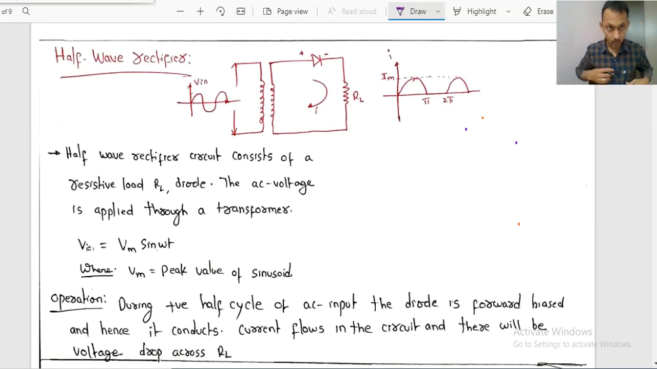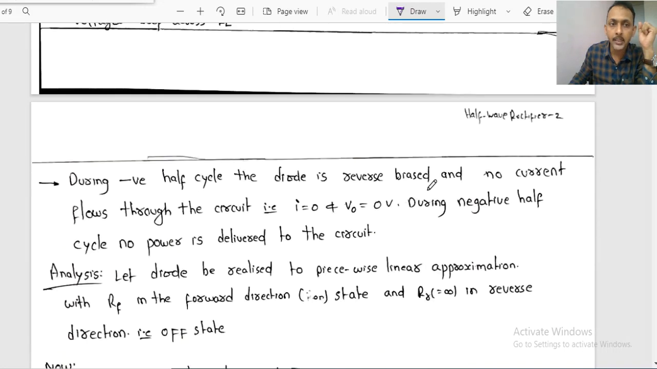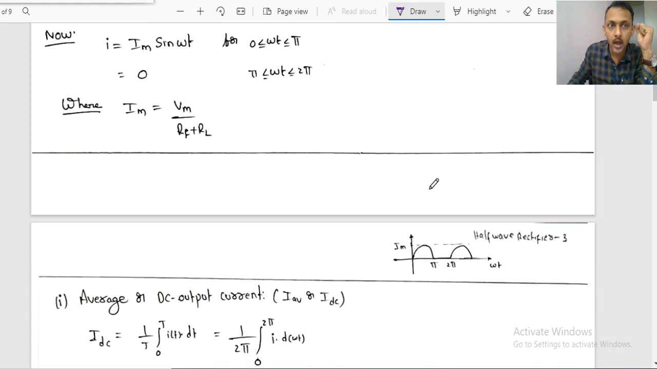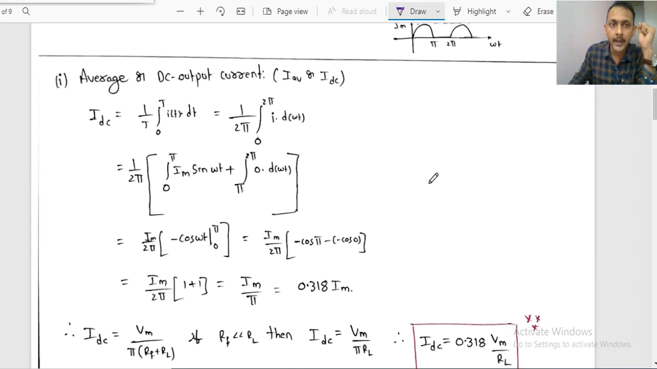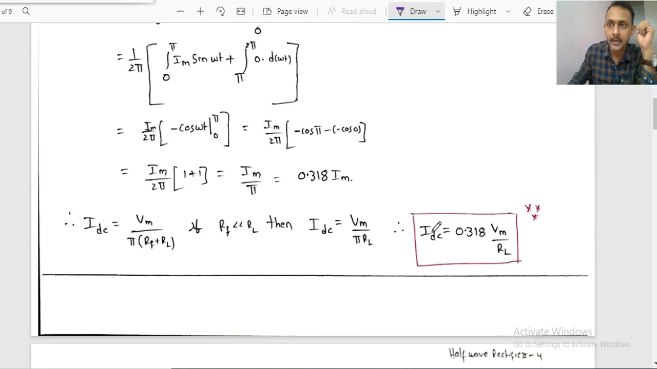In this video, we are going to discuss one important topic, the half wave rectifier. We will see its waveform, the input voltage and the output voltage, its circuit diagram and its operation, the different modes of operation, and we have to do a lot of analysis with respect to the calculation part, how to calculate the average or DC output current, IDC equals 0.318 Vm by